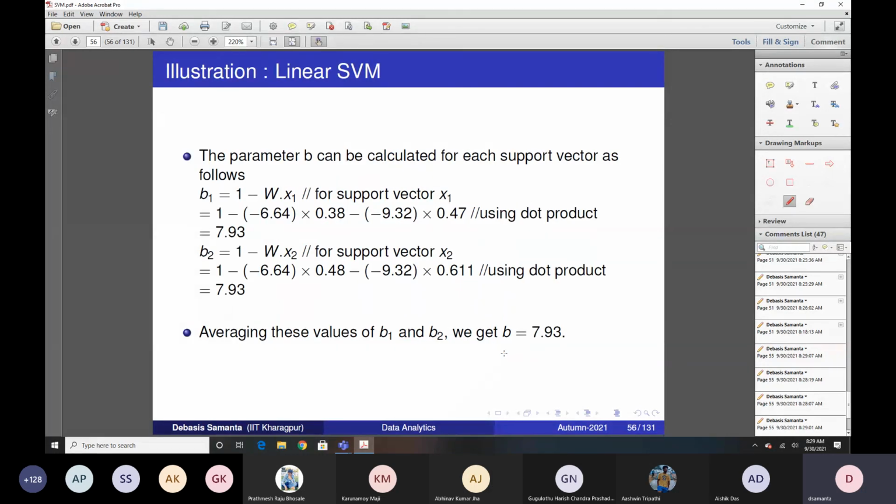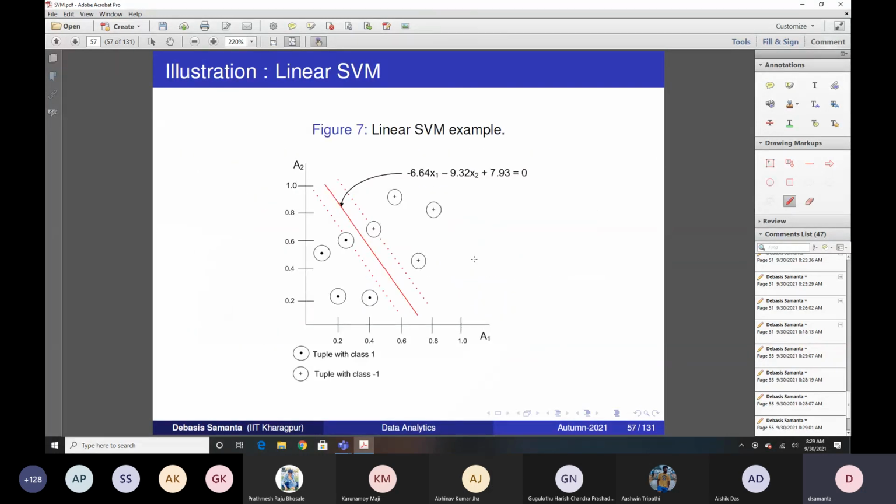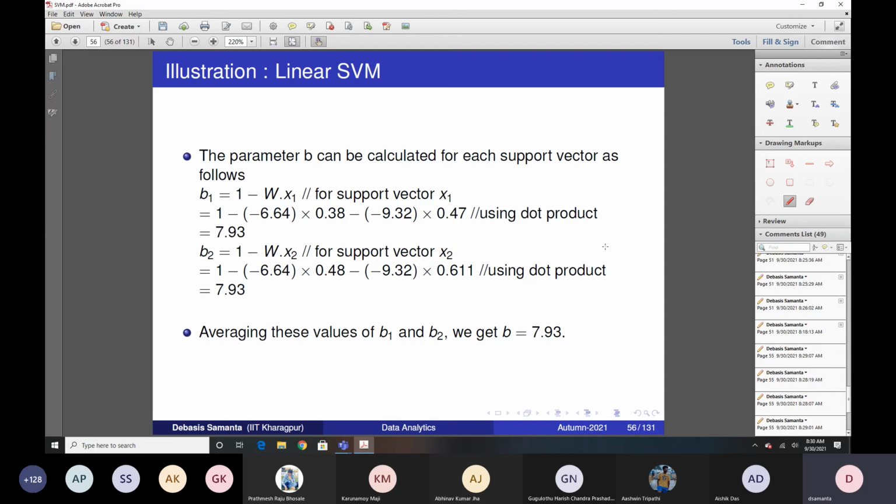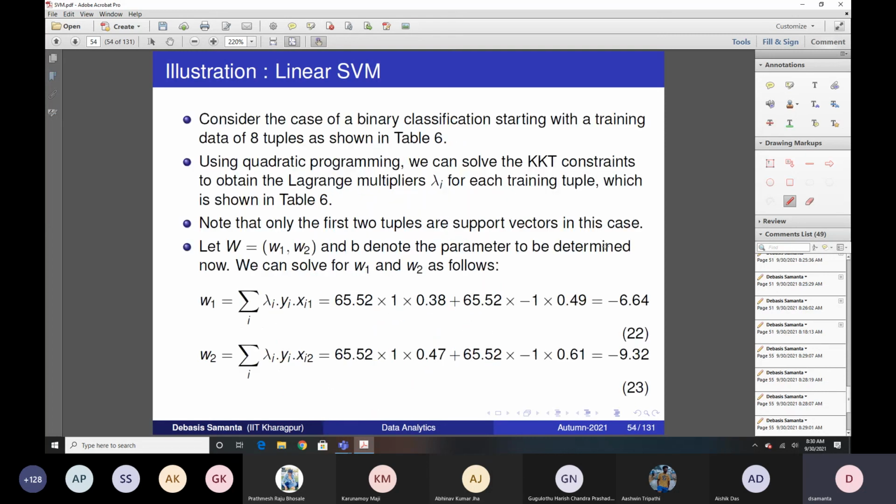If you have the picture, you will be able to see this kind of picture, because it is two-dimensional, you can readily plot a graph and show it. As you see, these are one type of data and these are the other type of data. We can say these are the positive class data and these are the negative class data. And these are the two support vectors for which we got non-zero lambda I values. That is the lambda I value reported here. And after knowing the lambda I values, we can calculate the W value.